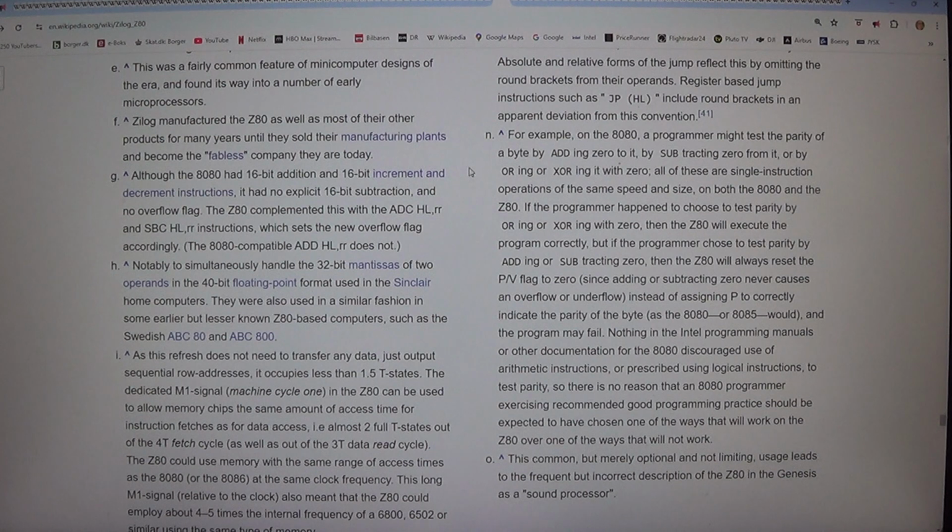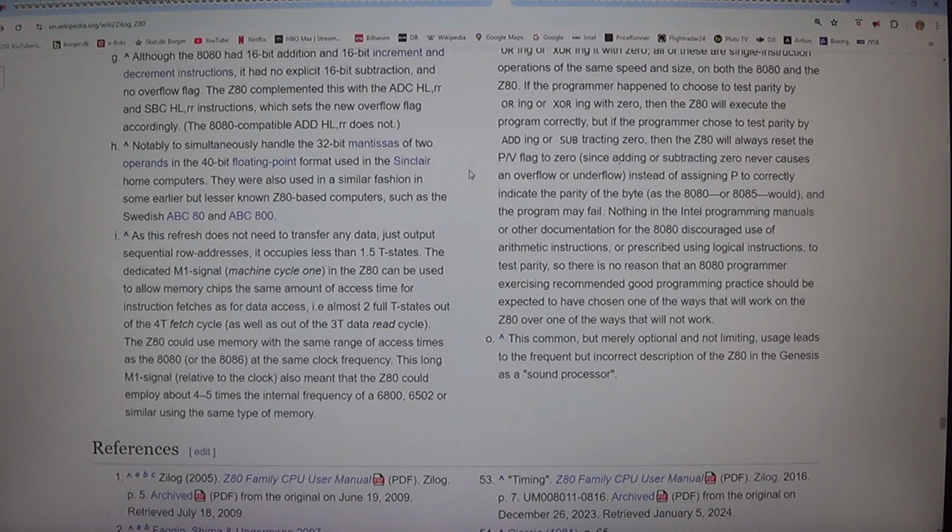If the programmer happened to choose to test parity by ORing or XORing with 0, then the Z80 will execute the program correctly. But if the programmer chose to test parity by adding or subtracting 0, then the Z80 will always reset the P/V flag to 0, since adding or subtracting 0 never causes an overflow or underflow,